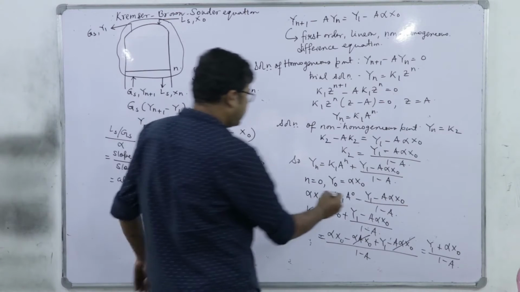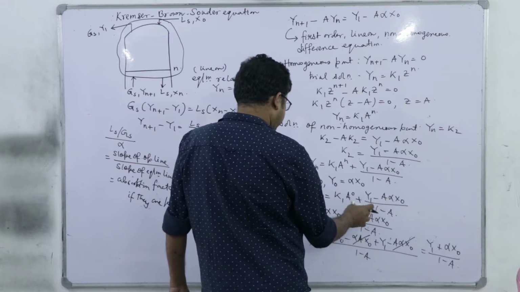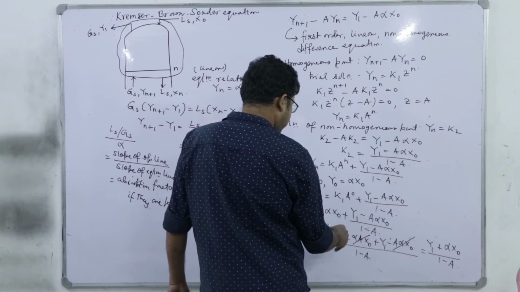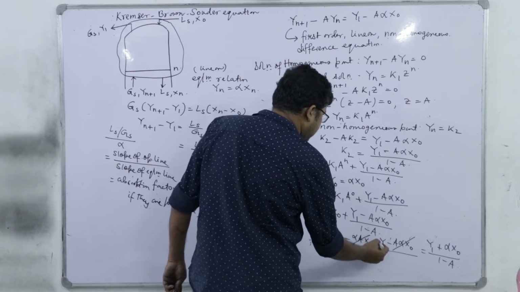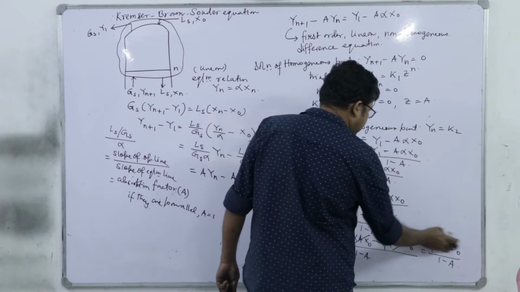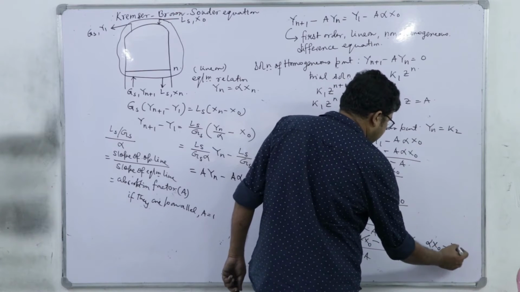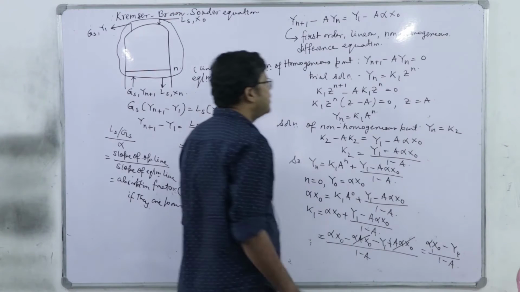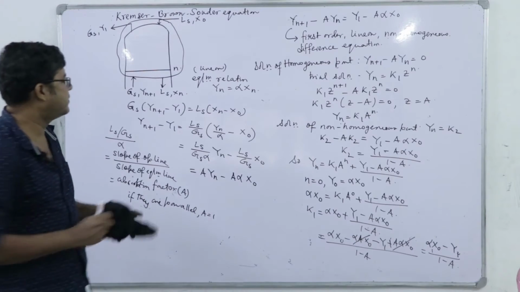Yeah, this is a mistake, this is plus. So, here it will be minus and this is plus. So, that is why it cancels out. So, here the solution is alpha x 0 minus y 1. So, our final solution